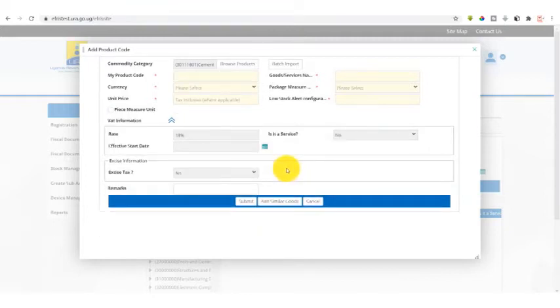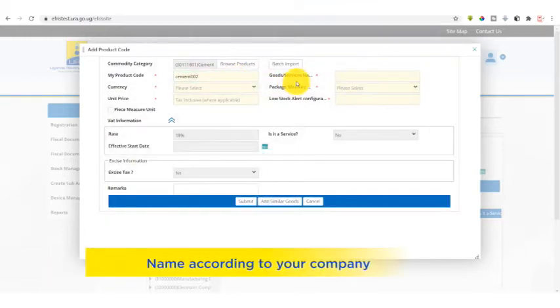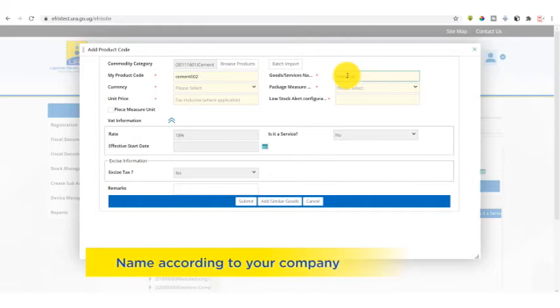Select OK. So what happens? The system maintains the commodity category of cement, but clears these other details that we entered. Since we are dealing in another type of cement, we can give this cement another code, which is cement 002. And let us say this is Hima cement. We are defining this as per the different types of cement we are selling.